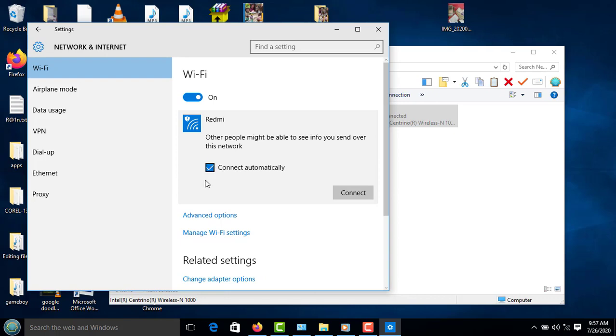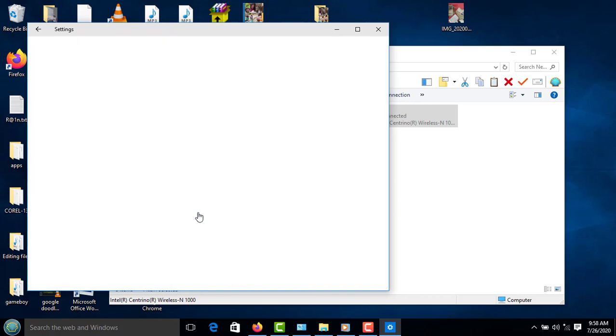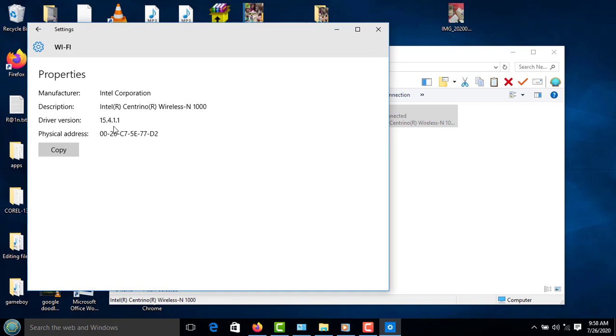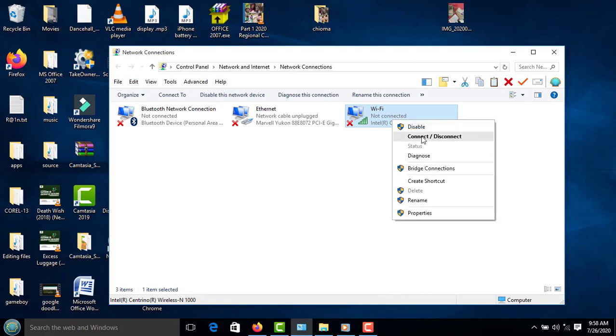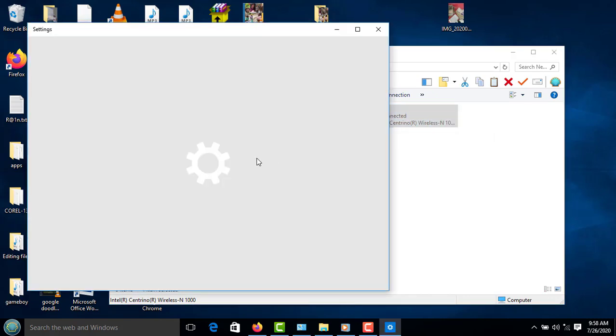Wait for it to connect. You can go to advanced option to check the wireless configuration. If it is something below 1000, you really need to upgrade your Wi-Fi wireless cards. So once I go to network connection, click on the Wi-Fi you want to connect automatically, and then